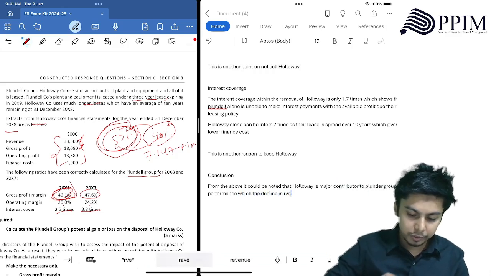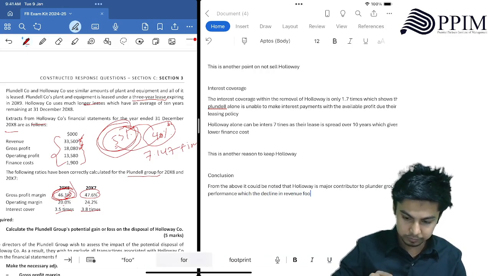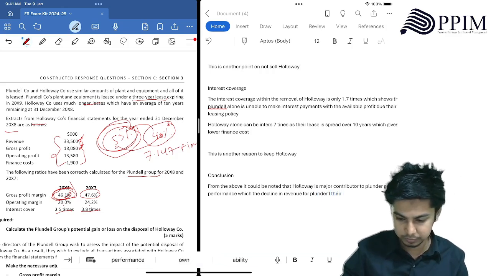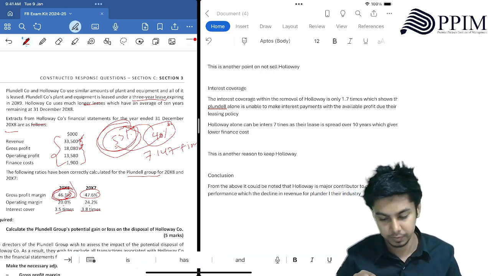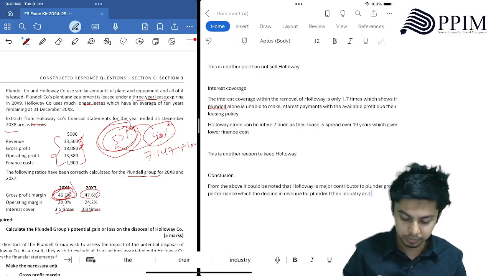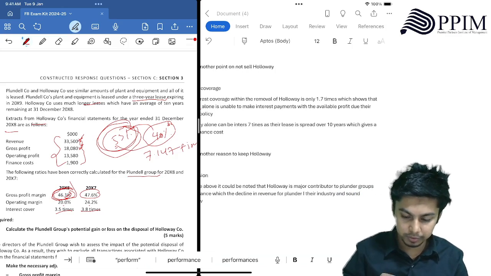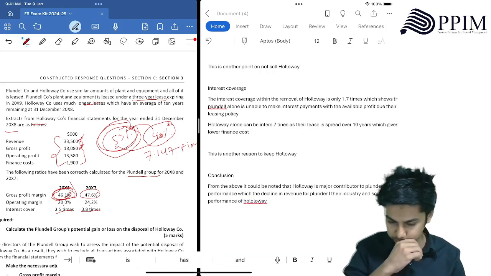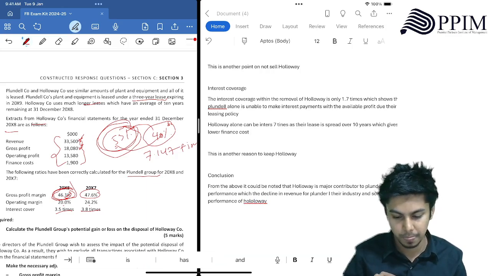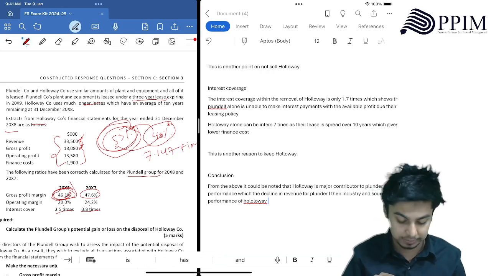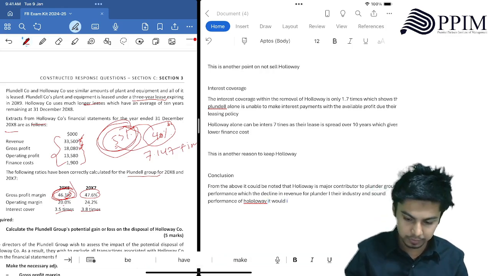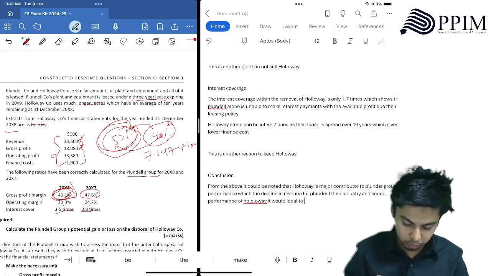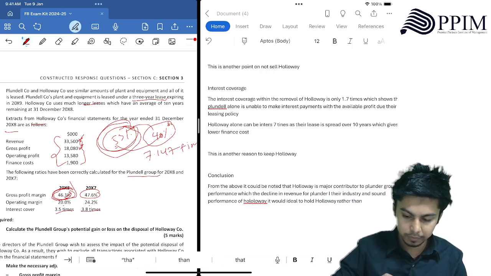With the decline in revenue for Plundle in their industry, and sound performance of Holloway, it would be ideal to hold Holloway rather than disposing,